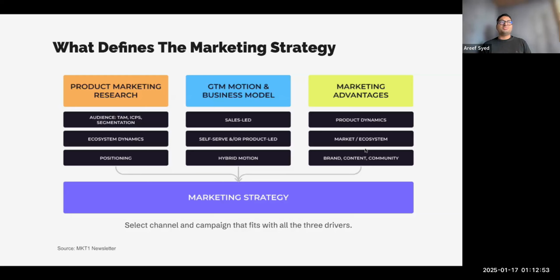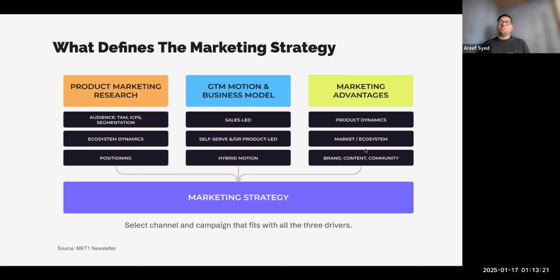Same is the case with content. Sometimes you have a software or a product that gives amazing research reports, for example. That becomes a part of your content strategy or a marketing strategy as a whole. So you need to understand, as a product, what are the advantages that you have, like community, for example. You built a product just for Node.js developers, so you exactly know where you want to do